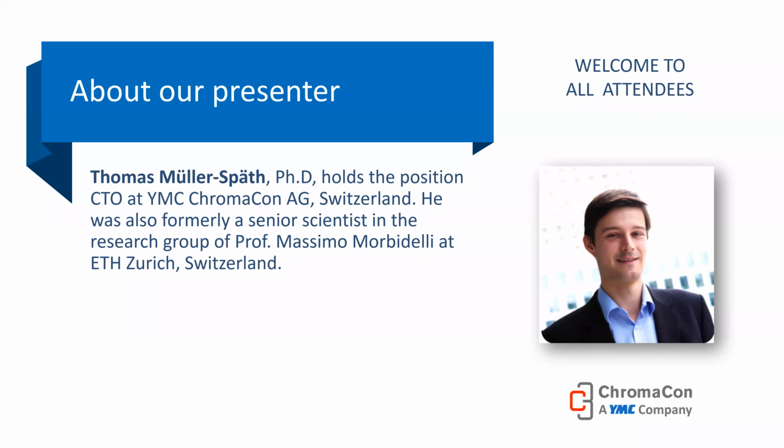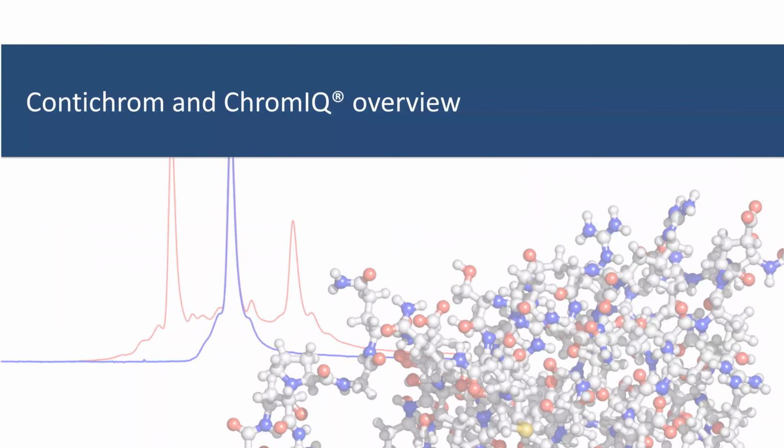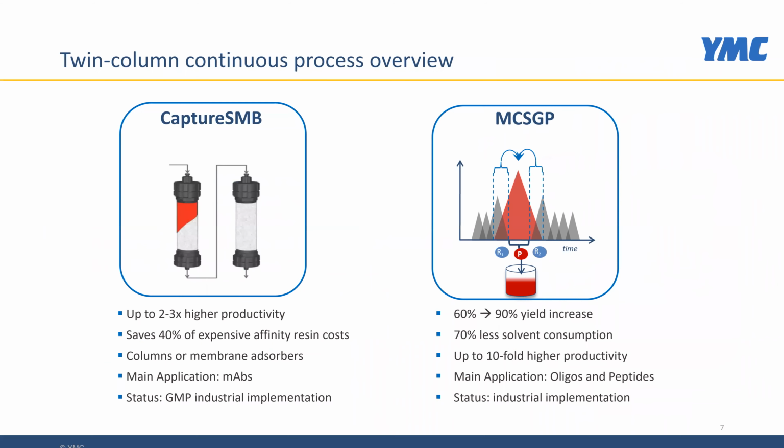Yeah, thanks, Gerard, for the kind introduction. Welcome also from my side to this presentation about ChromIQ and how it can be used for continuous chromatography. So first, I'd like to start with an overview about the continuous chromatography processes that can be run with the Contichrom twin column system. So first we have capture SMB, which is a process for affinity chromatography to improve capacity